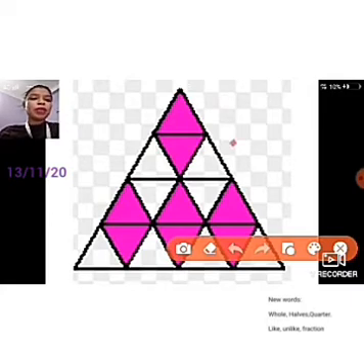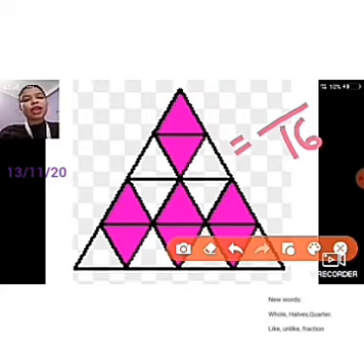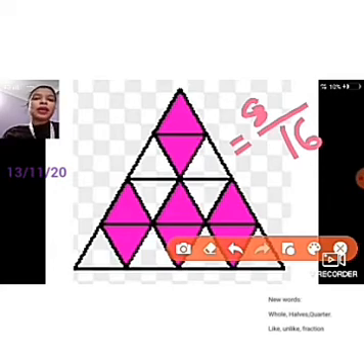So 16 equal parts. Now if I have to write for the pink part, how many pinks are there? 1, 2, 3, 4, 5, 6, 7, 8. So out of 16, 8 parts are shaded pink. And how many remaining parts are unshaded, white? 1, 2, 3, 4, 5, 6, 7, 8. Similarly 8. So 8 by 16 is the same for both the pink and white parts, the shaded and unshaded parts, which have been given in the triangle figure. That means it has got 16 divisions.